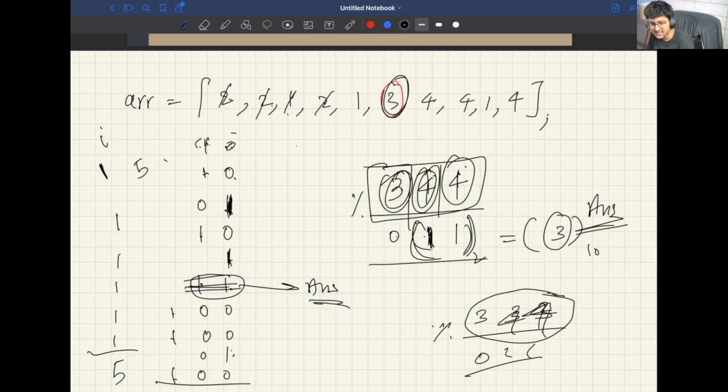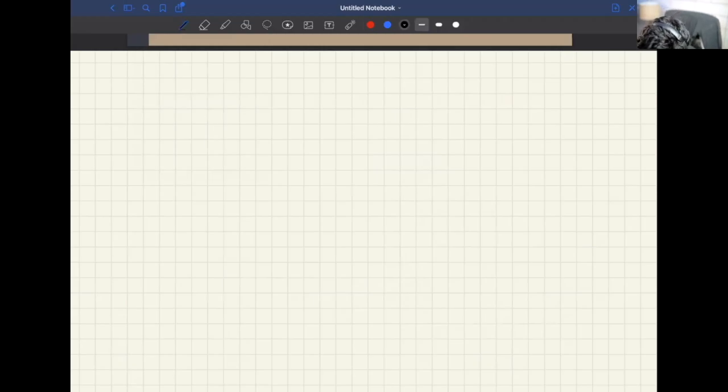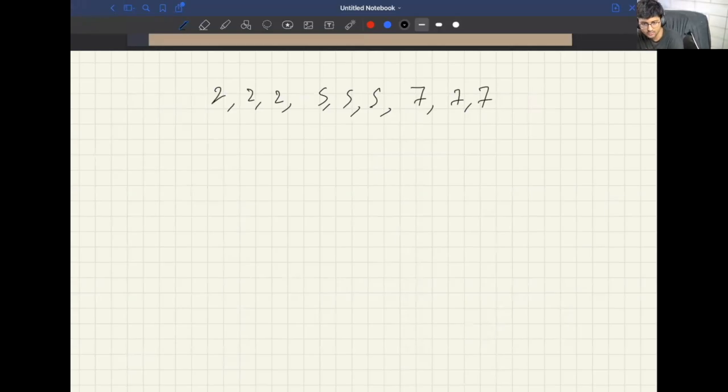Why am I using 3? It's because it's given in the question that every number occurs 3 times. So that is the reason we're using 3. Let's say, okay, imagine something like this. Imagine we are given a number that occurs 3 times like this. Let's say we have number 2, 2, 2, 5, 5, 5, 7, 7, 7. If I write this in binary representation, then I can just say, yeah, exactly. If you have repeating 4 characters, you do modulo of 4.